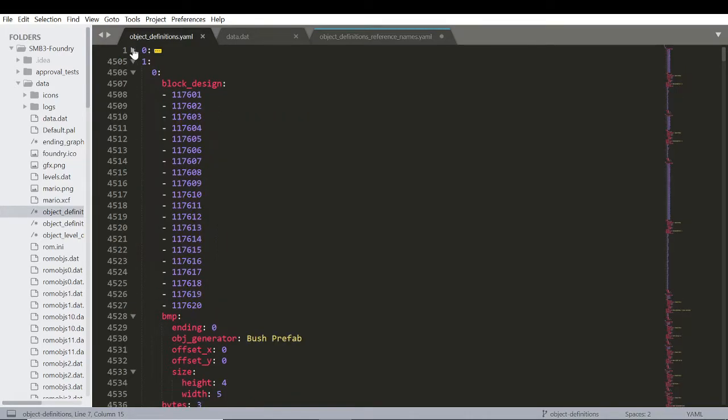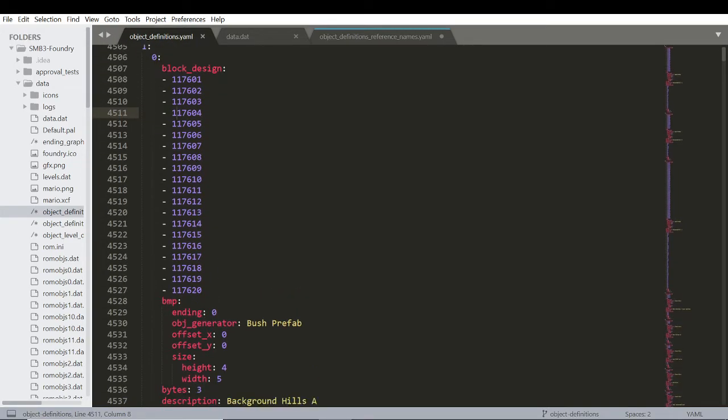I'm just going to ignore the first one because that's the overworld map. Here it is, the plains tile set. I just know that off of memory. You notice you get these tiles. So this is the block design. This is what makes a bush a bush. You notice these? You might be like, what is 117,601? Well, if you go into memory and go to this specific address, it's going to have a tile for